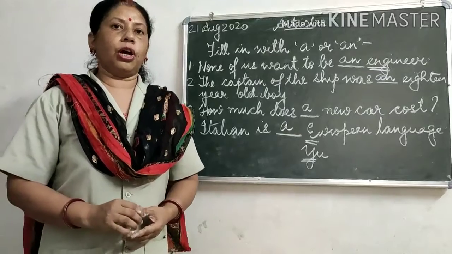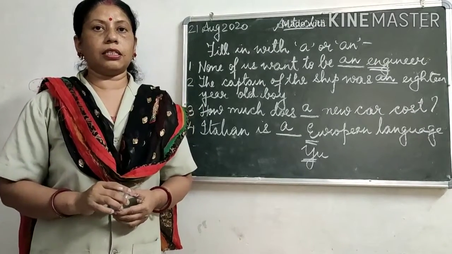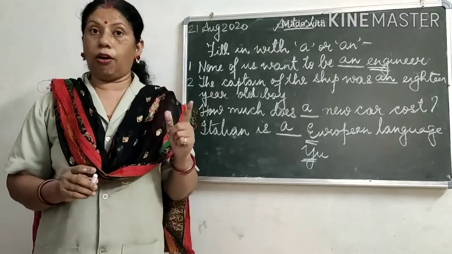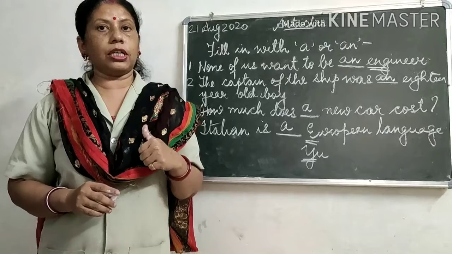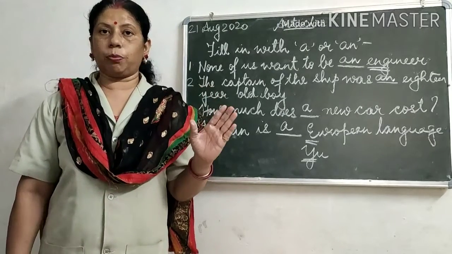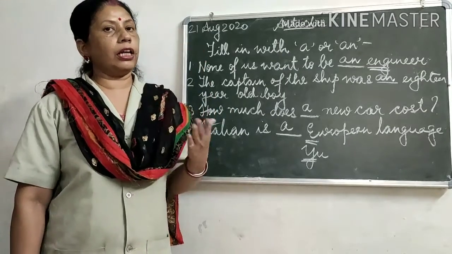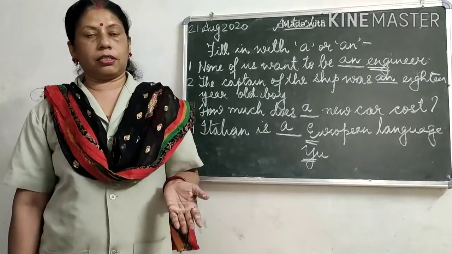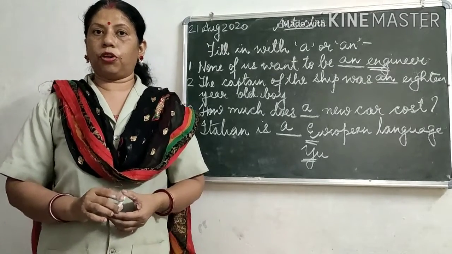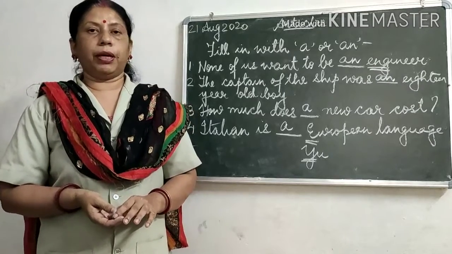Right, children? So I hope that you all have understood how to use these articles, and we have to concentrate more on the sounds, the vowel sound and the consonant sound, and we will not see the alphabet that is being written, rather the sound with which we pronounce, and accordingly we will be using the articles. So I hope that children you have understood this. So please watch the video carefully, go through your text, and then you will be able to understand.